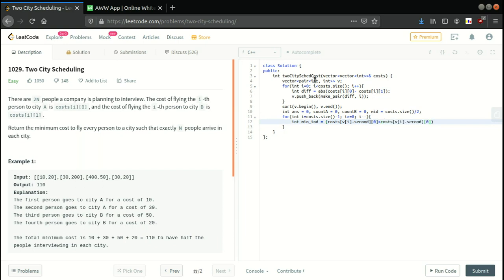Okay, so if that is greater than this, we are going to return 1, or else we are going to return 0. Okay, so this is how we'll find our min index having lesser cost.